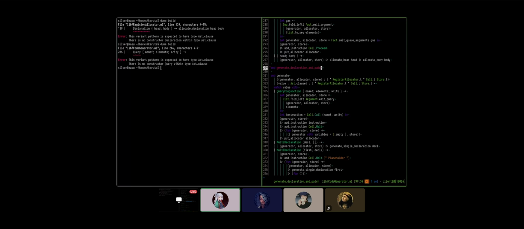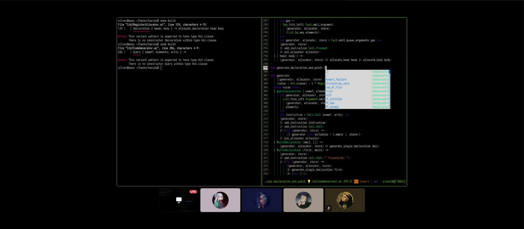You know what kind of sucks? What? I kind of want to parameterize it with the instruction that we're going to add because that would be nicer. But constructors are not functions. So we need to actually take an instruction concretely, which is a problem because we don't know how to. So we actually need a function that takes an integer and returns an instruction.